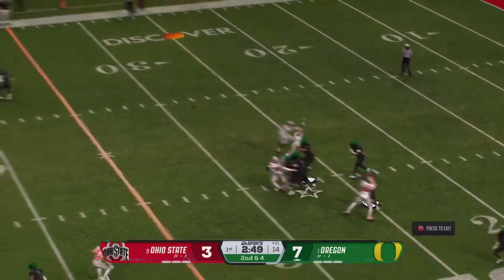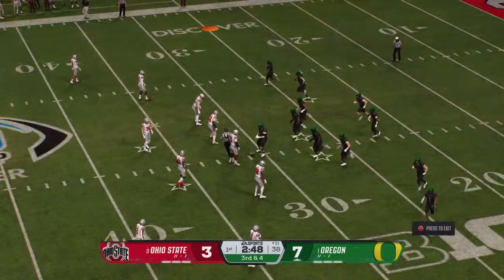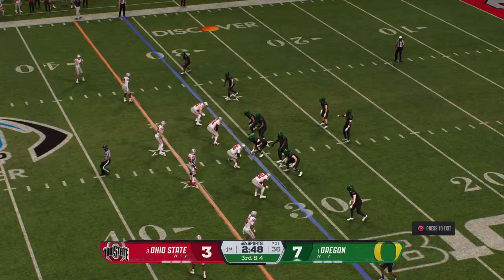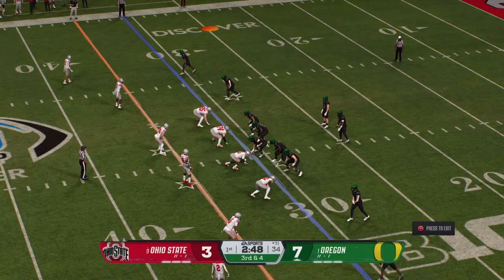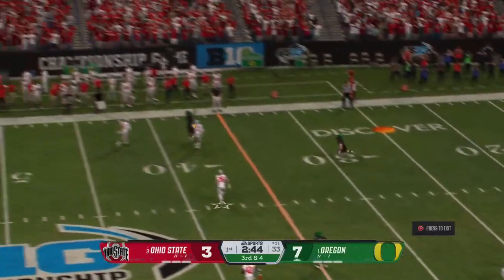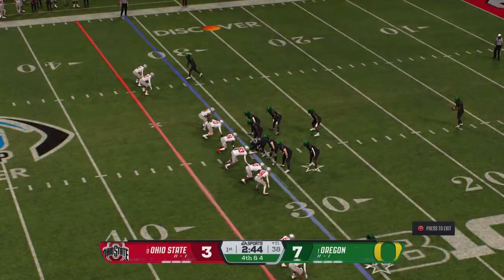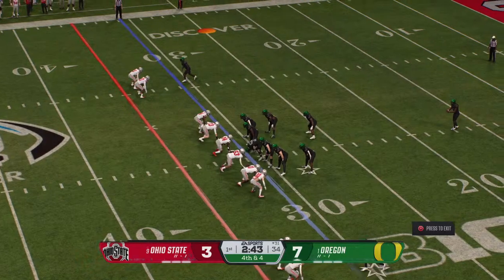Quarterback drops back, probing the secondary. And it's incomplete. The trickery fails there. And now it's 3rd down coming up. Let's see if the offense can move the chains off that incompletion. And the trick play doesn't fool him on 3rd down. 4th down now. And the Ducks will bring their punt team onto the field.